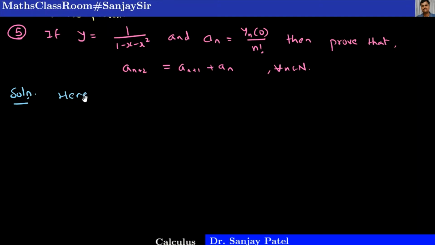Here, the given function is y is equal to 1 upon 1 minus x minus x square. Okay. We want to find the nth derivative. Here an contains the nth derivative of y at 0. So first I need to find the nth derivative. We do not have any formula for finding the nth derivative directly of such a function like 1 upon ax square plus bx plus c. So what we do is, let us take a cross multiplication and write this as 1 minus x minus x square into y is equal to 1. Okay. Then taking the nth derivative on both the sides,